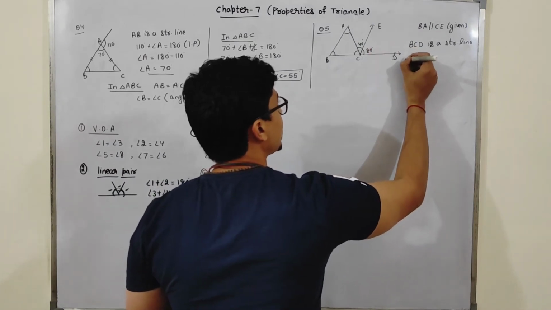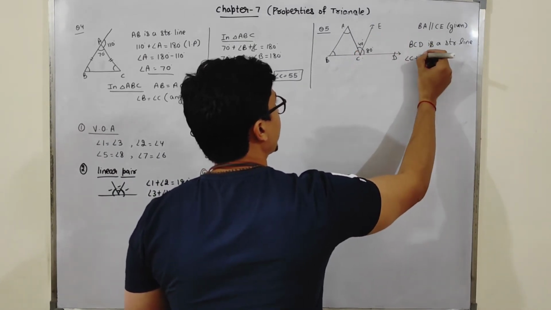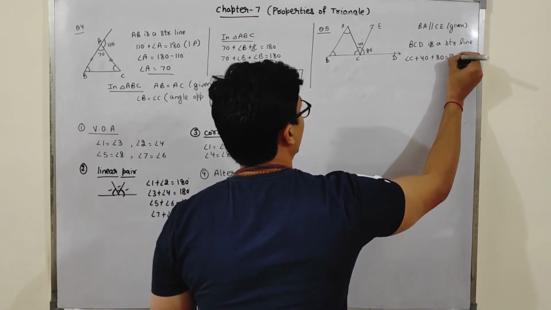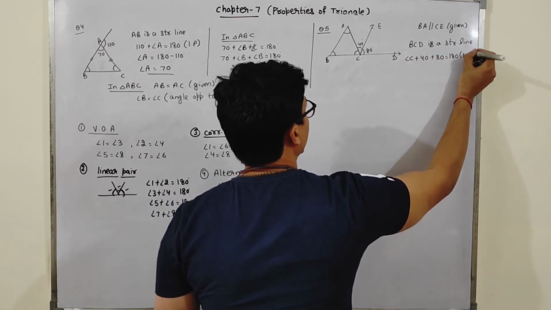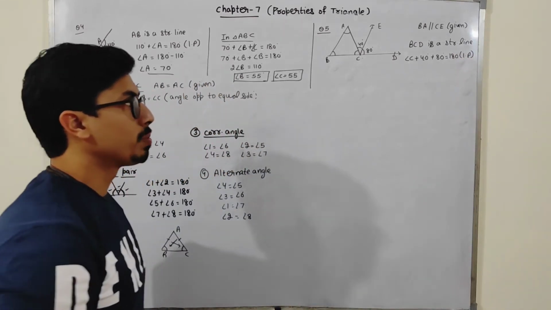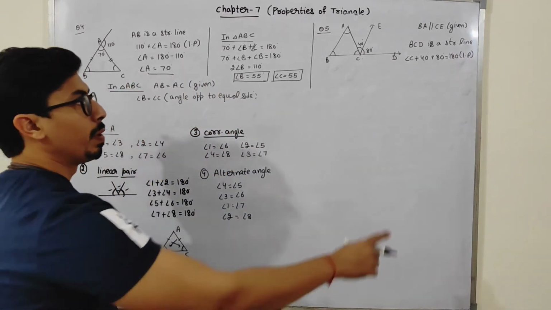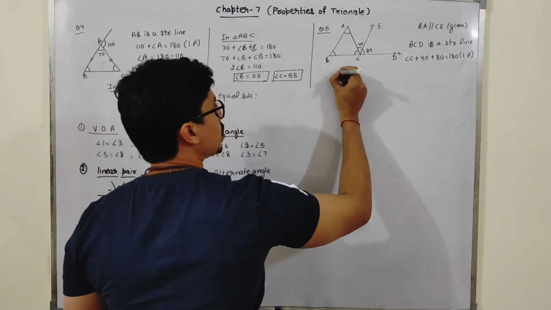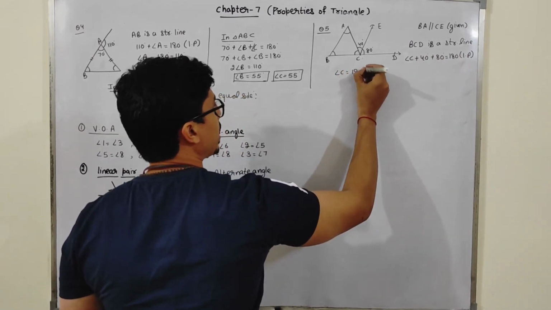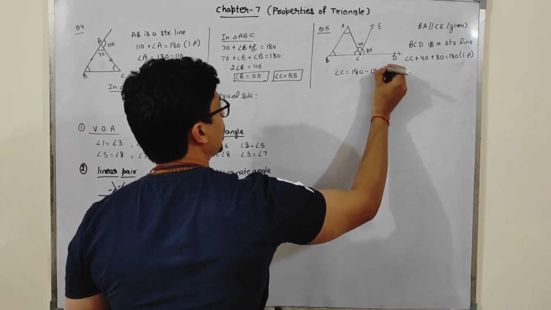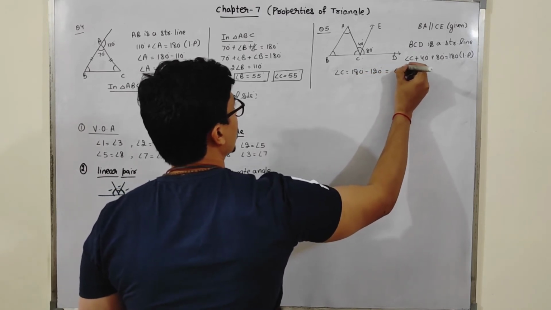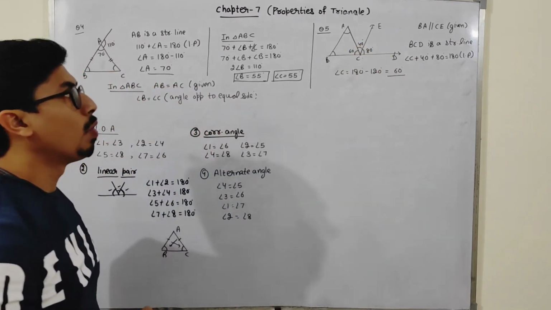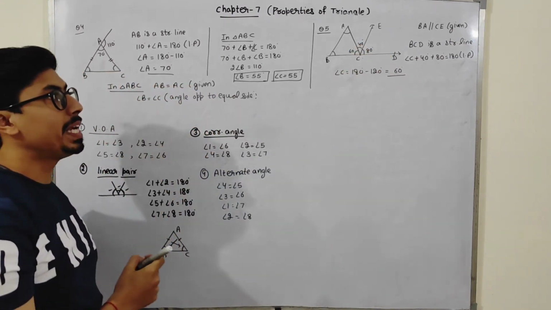See, this is angle C. This is 40 degrees. This is 80 degrees. This will be equal to 180 because of the linear pair. I can use this property. See, this will be 80 plus 40, 120. When 120 goes here, it will be subtraction. So C is equal to 180 minus 120. It will be 60 degrees. So this is 60 degrees now. Now we have to find out angle A and angle B as well.